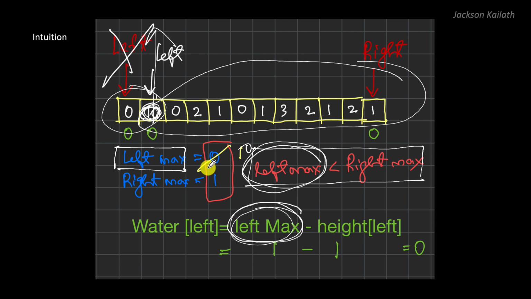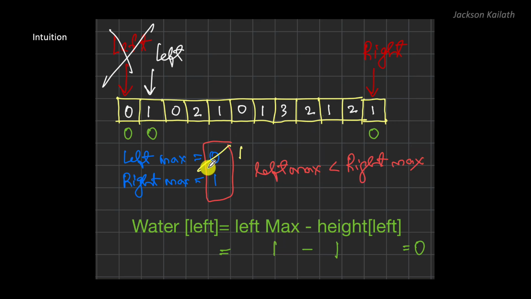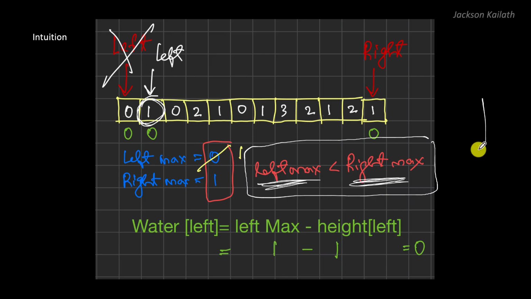Again, at every index, we take the left max and right max, including the value at that particular index, so that we never get a negative value. So because of that, this is not a problem. We just want to know the minimum between left max and right max in this case without considering the value over here. And because we already know from this comparison that in this case left max is less than right max,